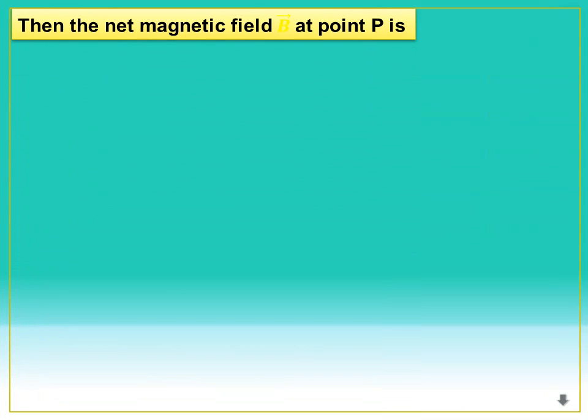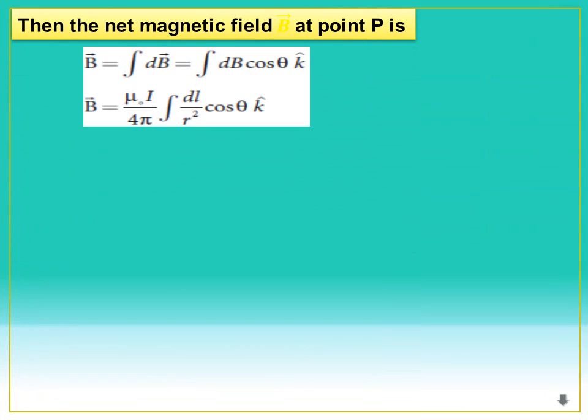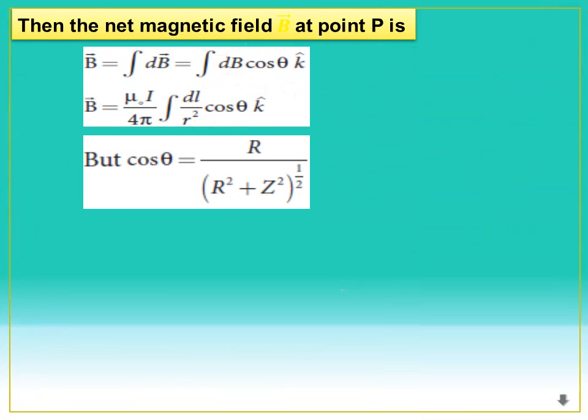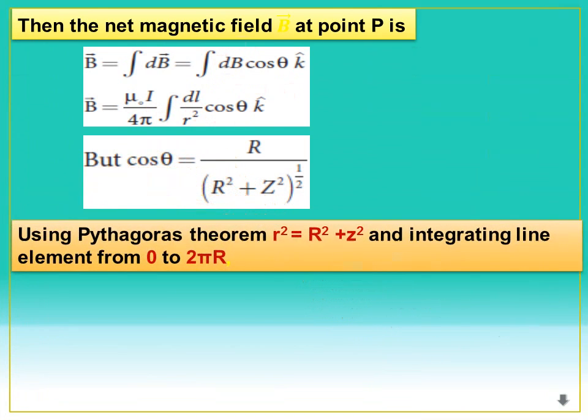Now the net magnetic field at a point P is B equal to the integral of dB vector, which is equal to dB cos theta into k cap. If you put the value of dB, that means mu naught I by 4 pi into the integral of dL by r square into cos theta into k cap. Then we know cos theta is equal to R by r square plus Z square, the whole root, or power 1 by 2. If you substitute the value of cos theta in the equation, then by Pythagoras theorem, r square is equal to capital R square plus Z square, and integrating the line element from 0 to 2 pi R, we get